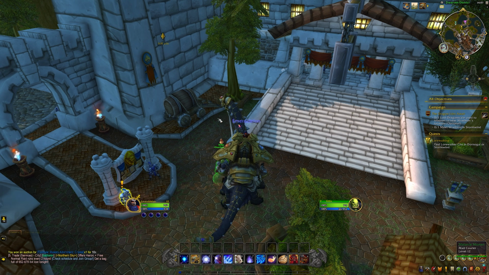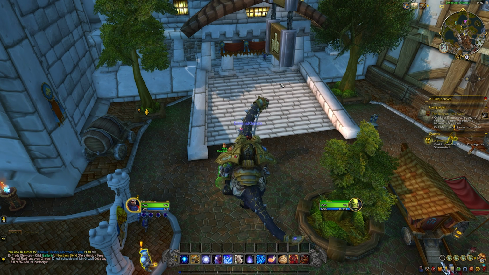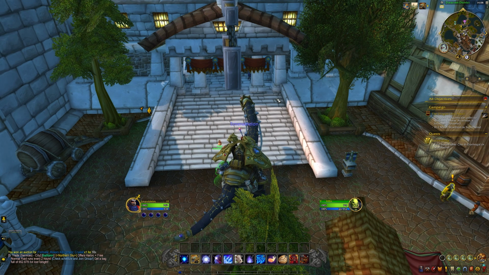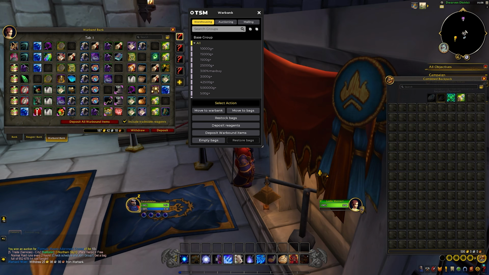This is a hard part, but it is not hard if you do it like me. This is the correct way in my opinion because this requires no manual work. So this is basically how I do it. Okay, so let's say I bought those two items here on Emerald Dream. Of course, I cannot sell them on the same server because the price is usually bad here on the same server as well. So I want to transfer them